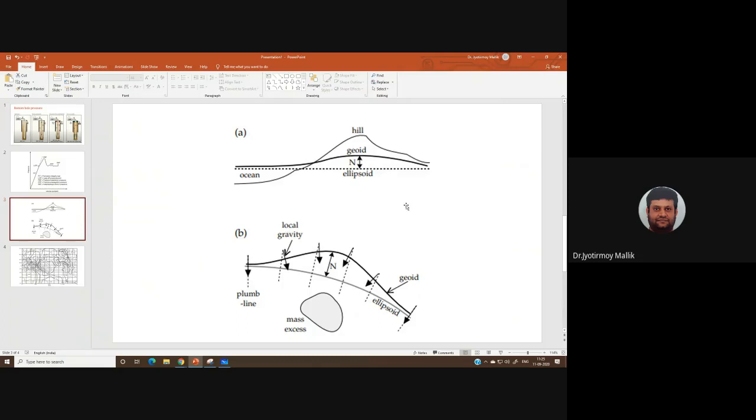Okay, and what is the other reason for which such positive undulation can take place? It is because of an excess mass. What you are observing here is that this is my reference ellipsoid and my geoid is pushed up, and apparently there is no hill here, right? There is no hill, so the topography is flat, but still the geoid is pushed up relative to the international reference ellipsoid because of the presence of an excess mass in the subsurface, beneath. Excess mass means that the density of